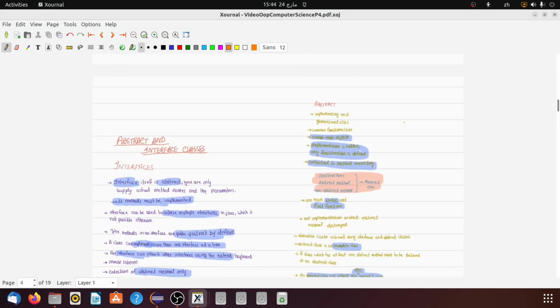Now we have abstract and interface. Let's start with abstract. What is an abstract? Abstract is a generalized class. It means it just gives you an idea of what should be implemented. For example, you have this class abstract